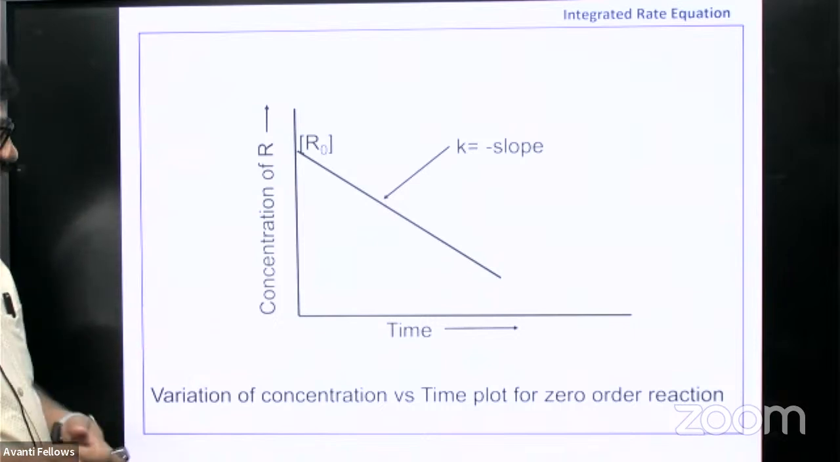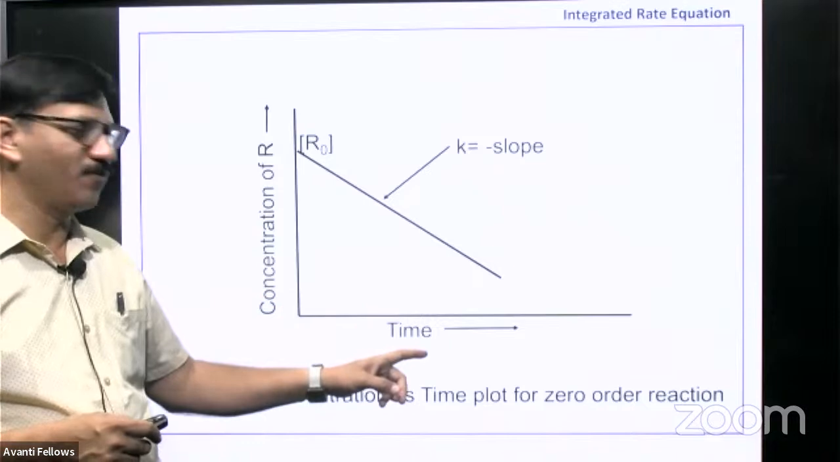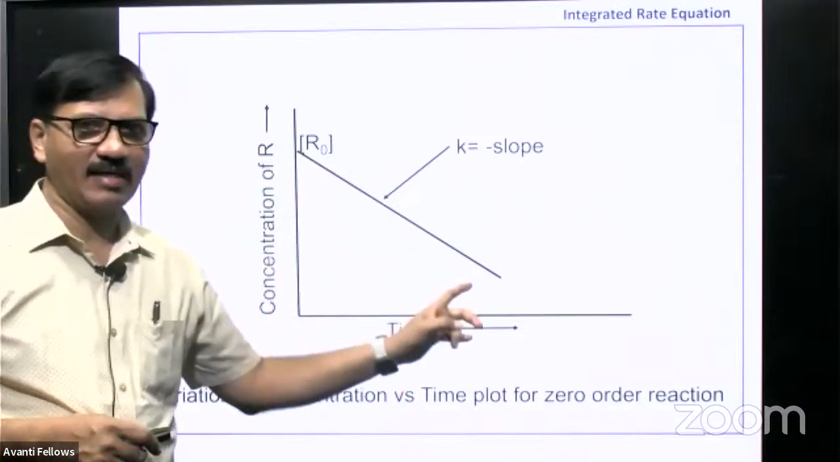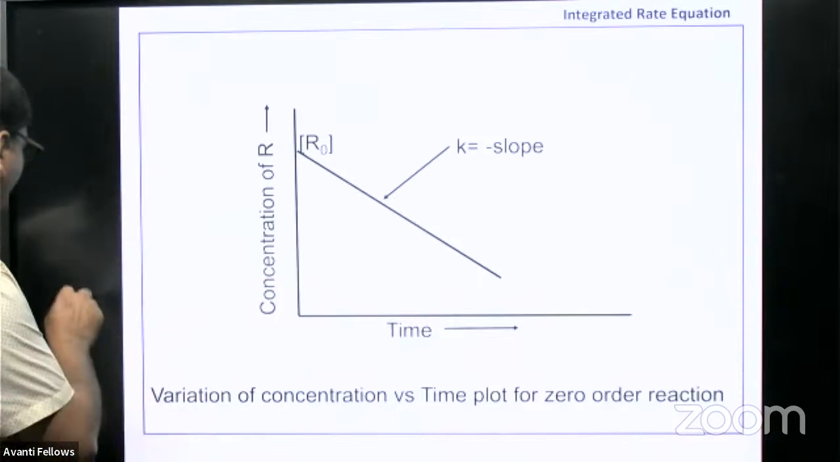So this graphically also I have explained you. Concentration of R versus time for a zero order reaction is a straight line. For zero order reaction is a straight line. Remember that for any